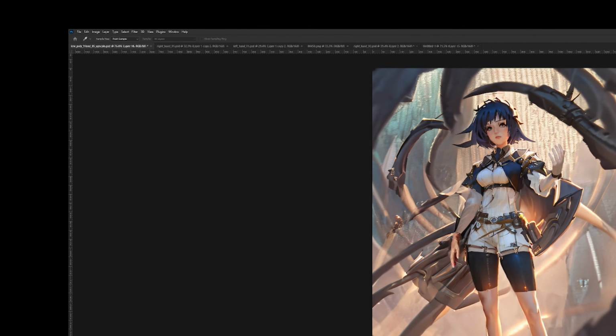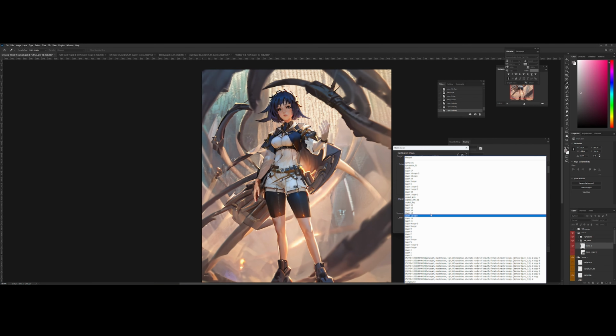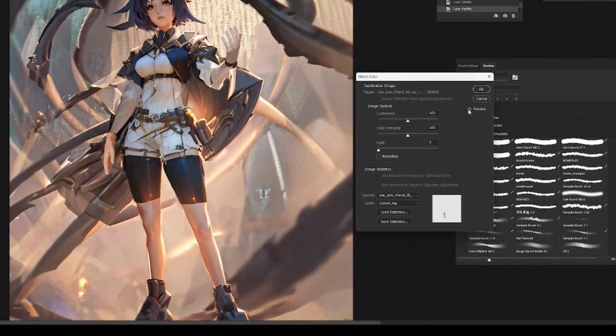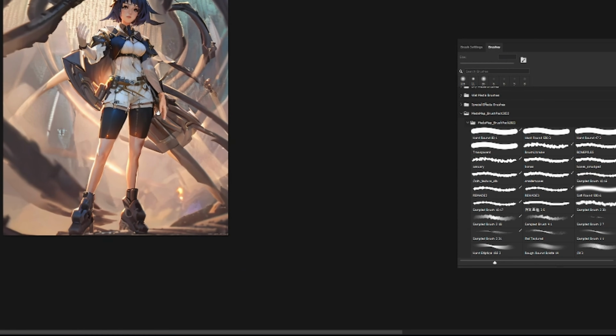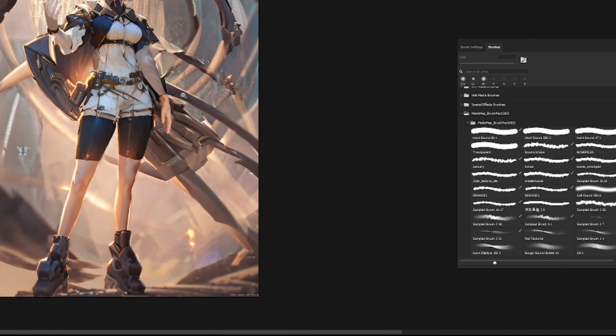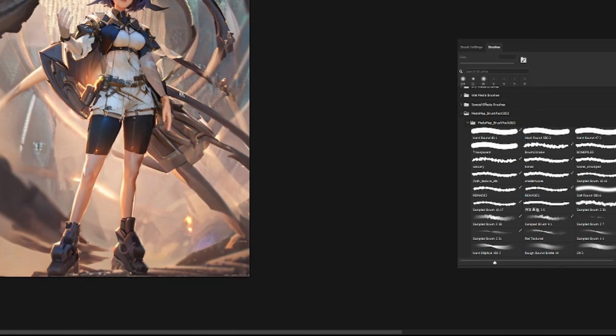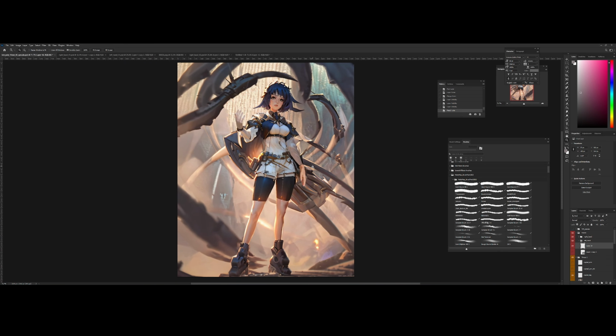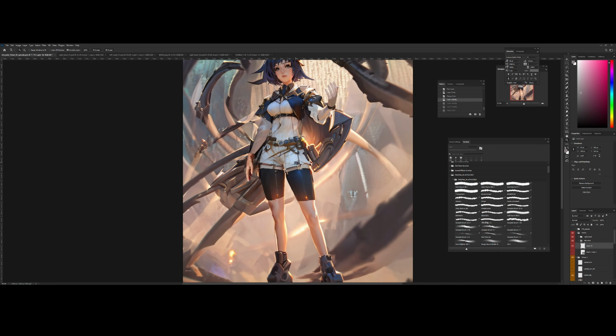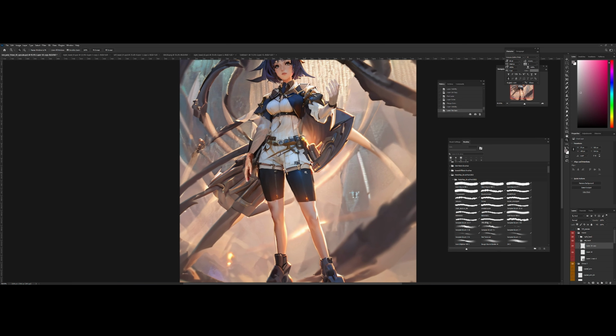Find the leg now. Copied leg. Okay, so this is what the new preview looks like. So it's brought up the darks a lot. I guess that's okay. Or not. Okay, I think I'm going to actually choose to go with that match color, but I'm going to use it